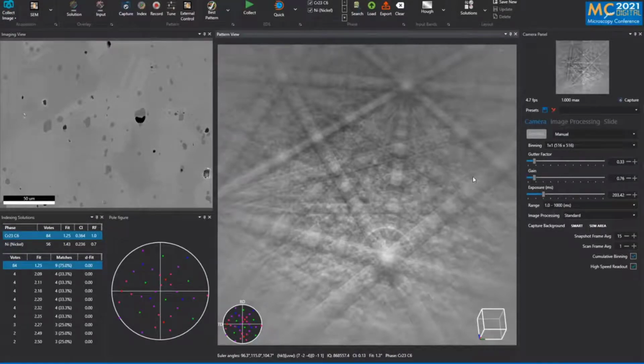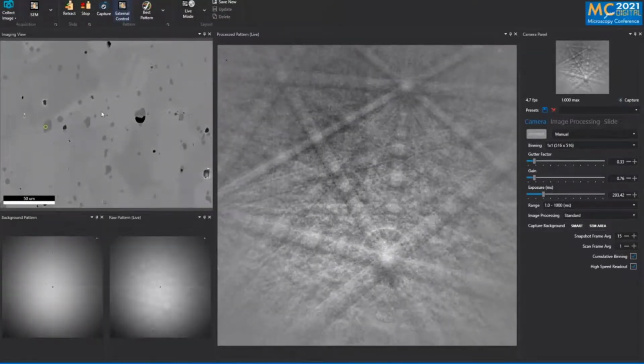So in a previous session, Nalan showed the Apex software in the EDS mode. We had point analysis, line scan, mapping. And here on the top right, I just switched over to the EBSD section of Apex, where we have all the EBSD controls, camera control, pattern scanning, and a few more specific controls for phase setup, band detection, and system calibration. When I go to camera,